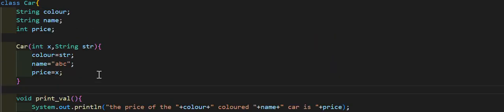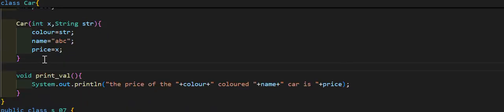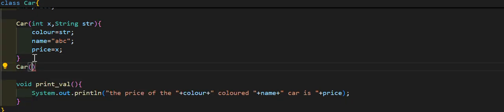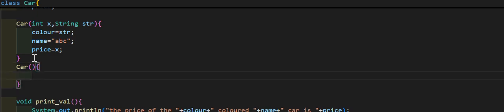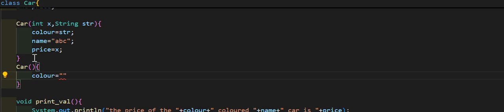So what we have to do is, we will create a default constructor over here. So let us create a default constructor over here, car, then parenthesis, and it should be empty, then a body, and let us write here color, which was white, right?